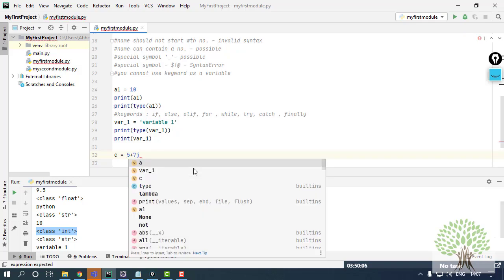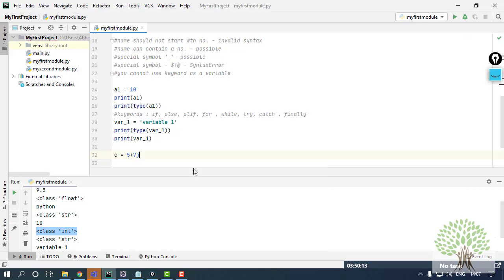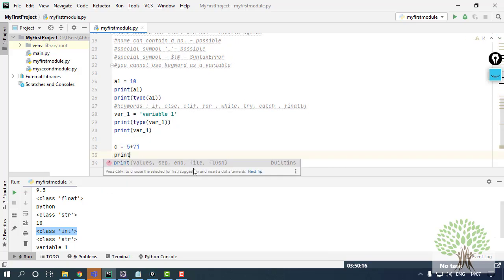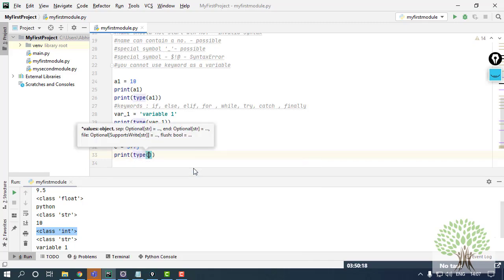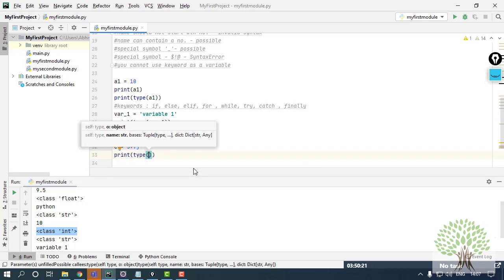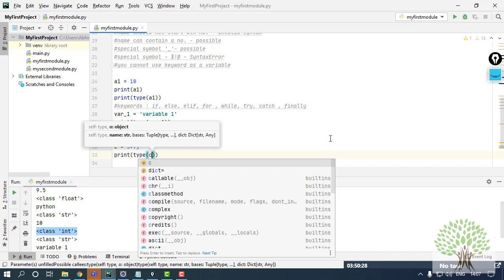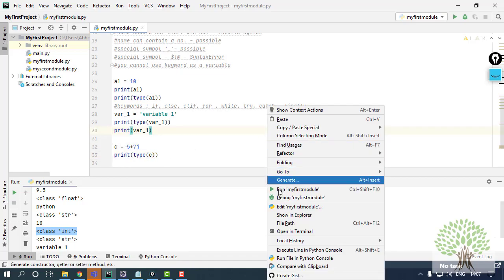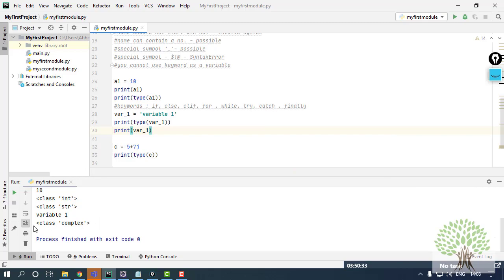Now if you remember, this kind of numbers we used to use in our junior classes, like in 7th or 8th or 9th, and we used to find the value of j. Now Python is not going to help you in finding that, but this kind of numbers are also supported. This data type is also supported, and it's going to give you the data type of this as a complex one. You can just generally do the calculations, like you can add these.